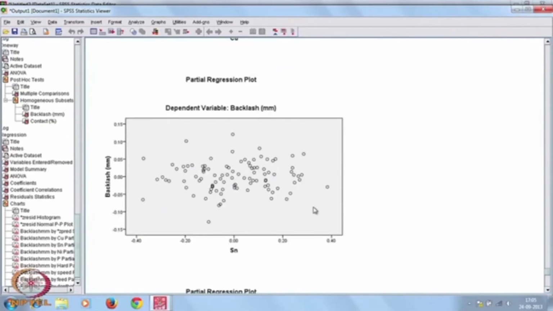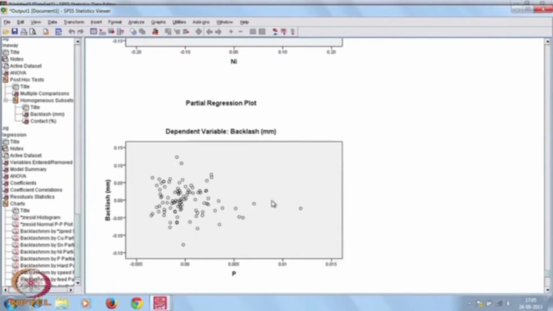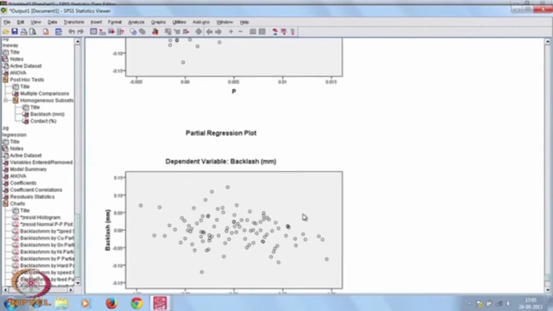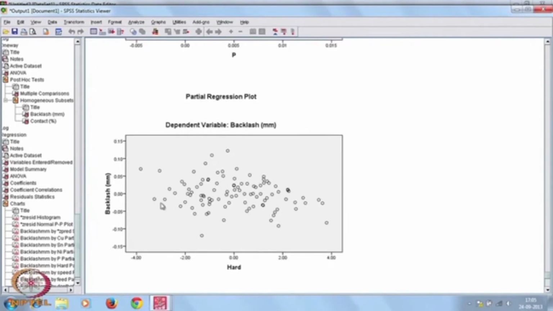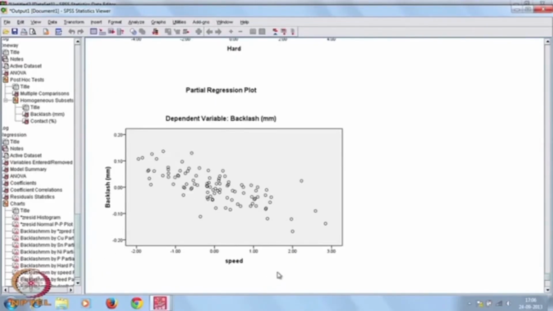Similarly, your backlash versus silicon, backlash versus nickel, then backlash versus phosphorus, then it is your hardness. Hardness, you have seen that hardness is negatively contributed. You see that all the residual values in this partial plot, what is happening? One straight line can be framed here. So now you see that we have seen that feed also, speed have significance,